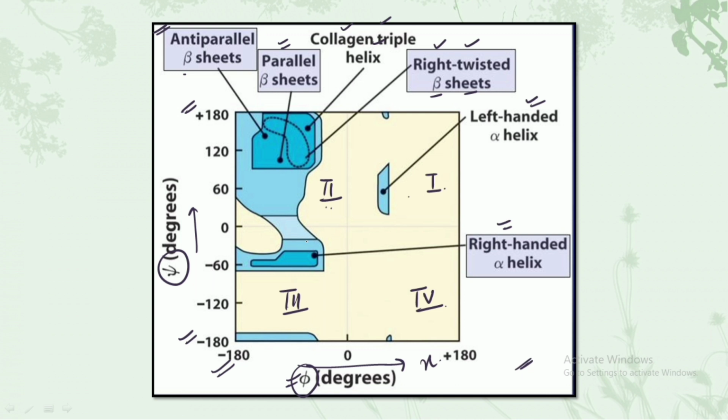One more important point you have to remember is about the various quadrants. I'll just quickly point out all of them. In the first quadrant, it shows the region where some conformations are allowed. This is where the rare left-handed alpha helix is found. It is the area where very few types of conformations are found, and the most rare type of conformation, that is the left-handed alpha helix, is found. So this is about the first quadrant.